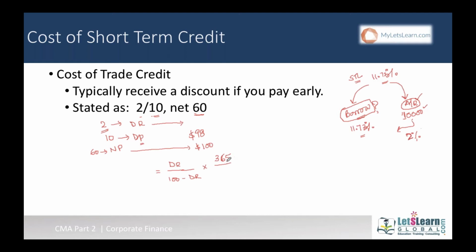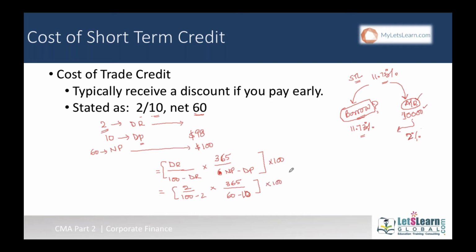If the question is silent, take 365 days, divided by net period NP minus discount period DP. Then overall you can get the percentage by multiplying by 100. So here discount rate 2 divided by 100 minus 2, multiplied by 365 days in a year divided by net period 60 minus discount period 10, times 100,